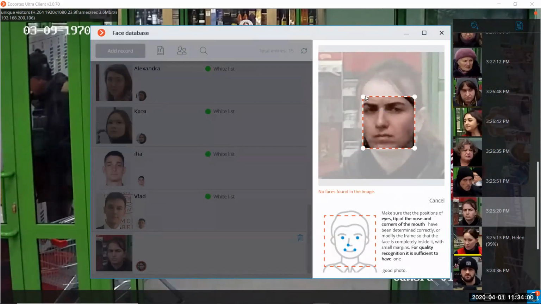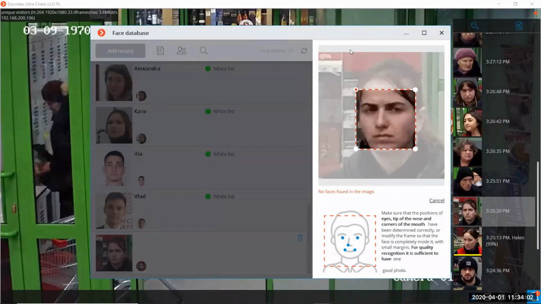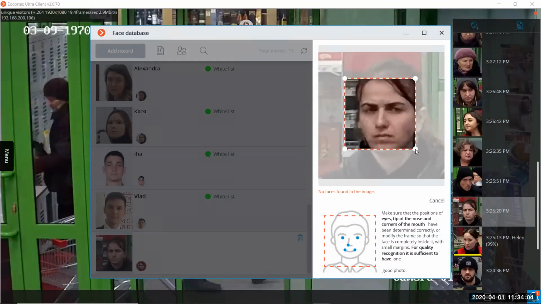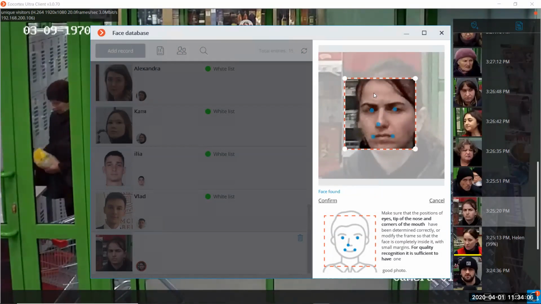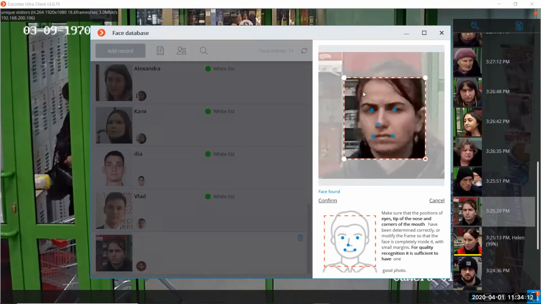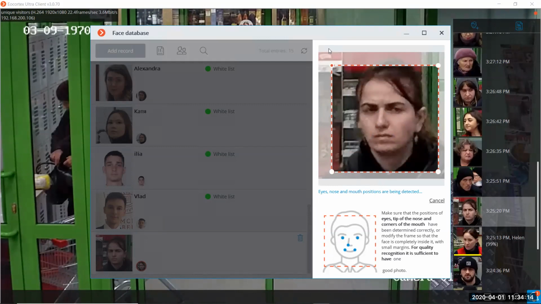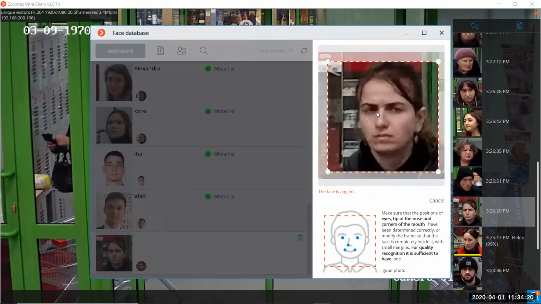When we are adding the face to the database, we can change the area where the face is placed. Right here, we now see that the face is found, but we may also notice that in some situations, the suggested detected face is not really great to use for the database.